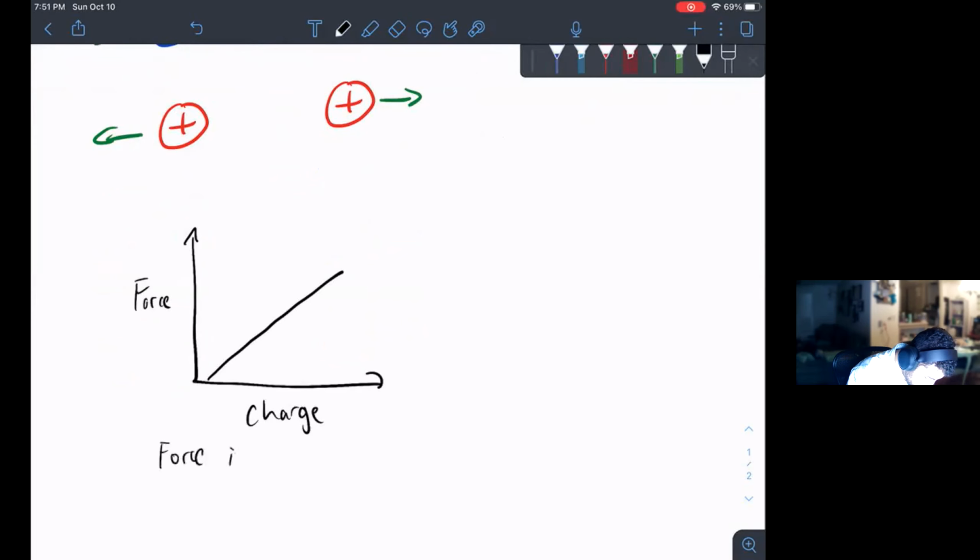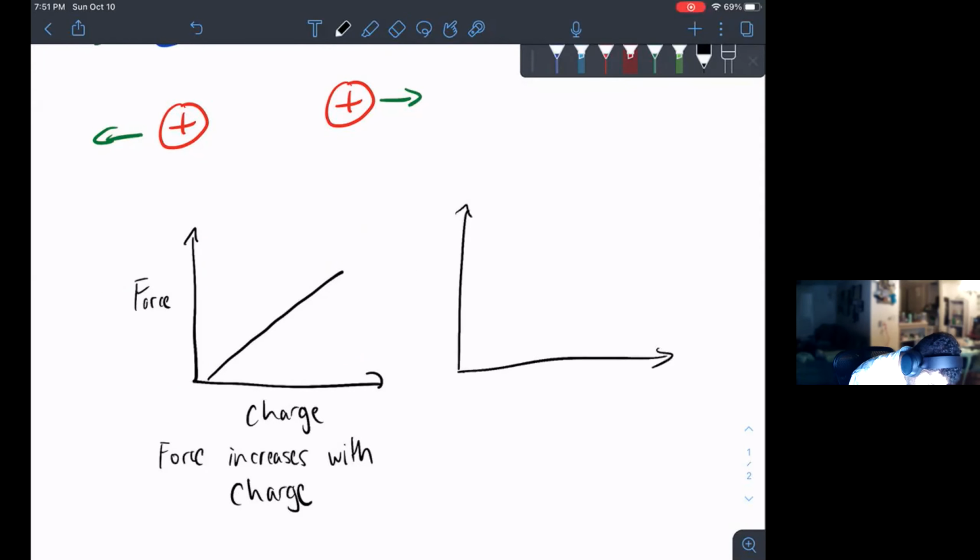Sorry, I should say as charge increases, force also increases. The other thing to note is that the force versus distance graph, as distance increases, force decreases